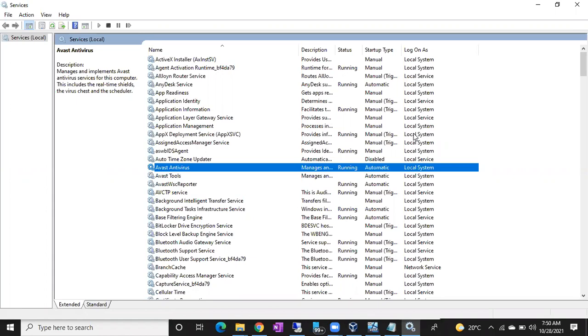Is this point clear or not till now? Yes, sir. Clear, sir. Right? So service accounts are kind of workers. It's a kind of maids for us. Right. Fine. So for your antivirus, on behalf of this antivirus service, local system will read all the data, all the files, all the folders, all the drives.